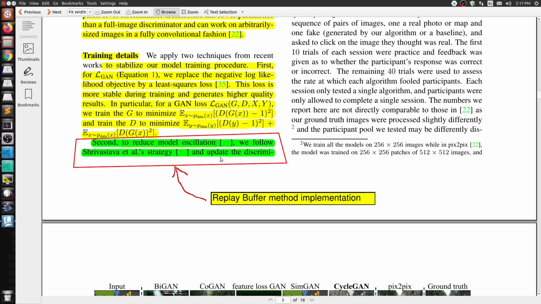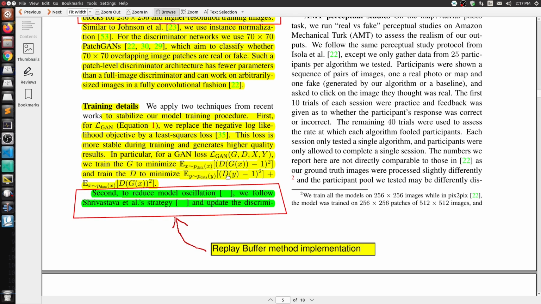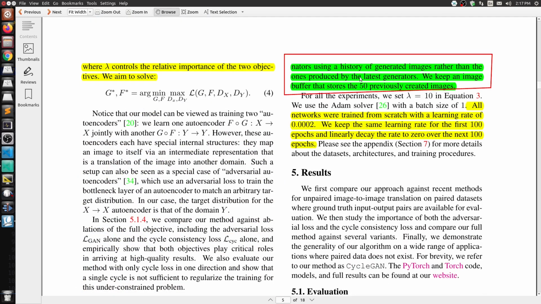So what they say is we follow Srivastava's strategy and update the discriminator using a history of generated images rather than the ones produced by the latest generators. We keep an image buffer that stores the 50 previously created images. So basically, this is a strategy for stabilizing the CycleGAN training, and this replay buffer concept is only used in the discriminator network,